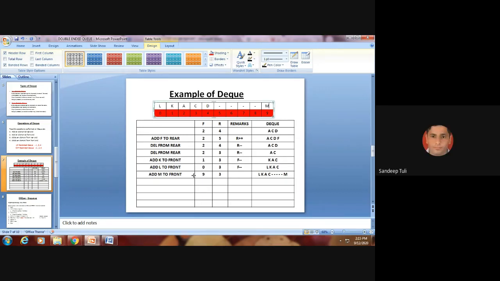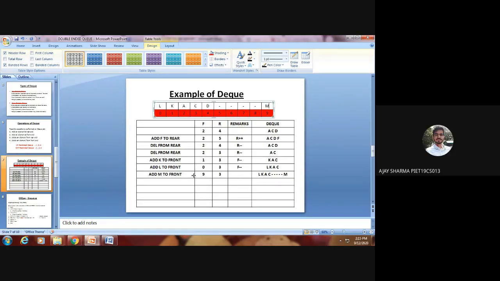Actually, in most DQ cases, only the circular queue is maintained. A simple queue is rarely used. You should only know the concept of a simple DQ, but it will rarely be implemented. Otherwise, what is the use if we still have free memory locations and are not able to utilize them? The DQ is there to utilize the spaces as well as reduce the overall time. So the circular queue version of the DQ is mostly used.